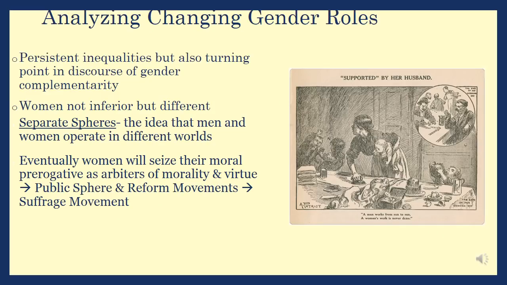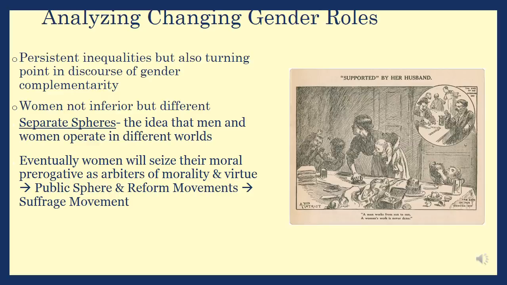Now, it's clear that during the 19th century there are some very persistent inequalities, but it's also clear that this is a turning point in this discourse about gender complementarity. At least at this point, it's believed that women now have a value. And while that value may not give them the same kind of economic and political and social benefits that men have, they will eventually be able to take this concept of separate spheres and of their being in charge of morality and virtue, and they'll be able to use this to leverage movement